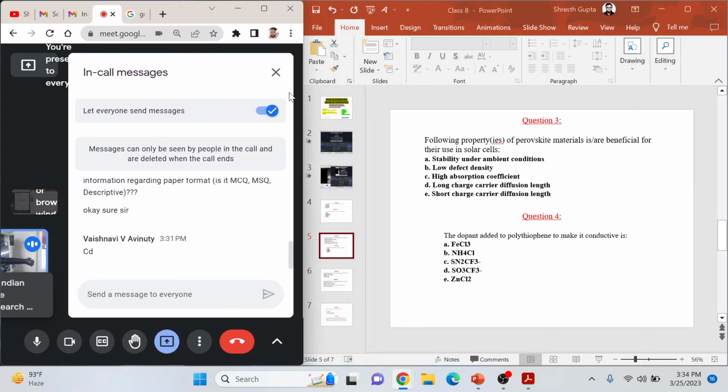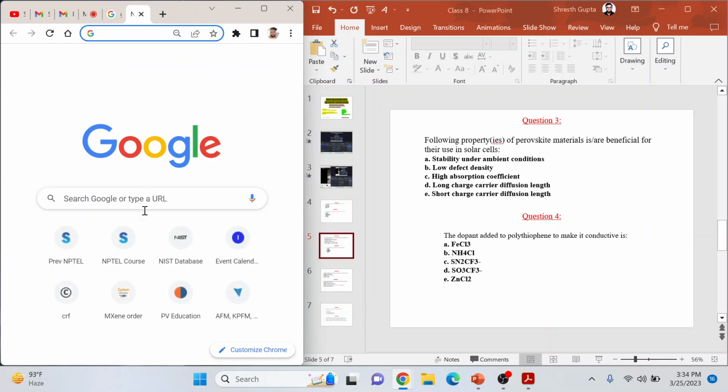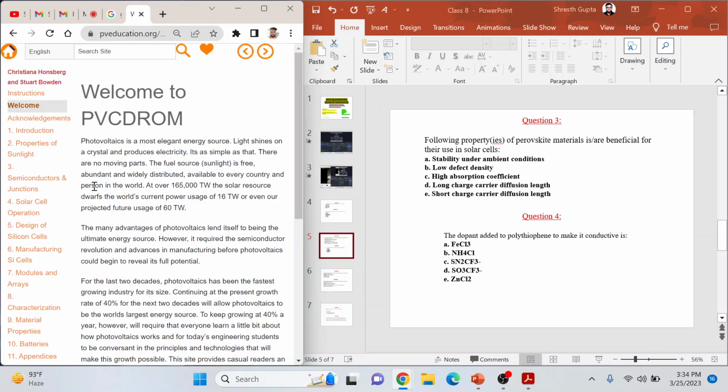Okay, and just to give you a feeling of this, let me show you this website. Keep on following this website whenever you get time, because this is a really important website for you people. If you go here in solar cell operation,